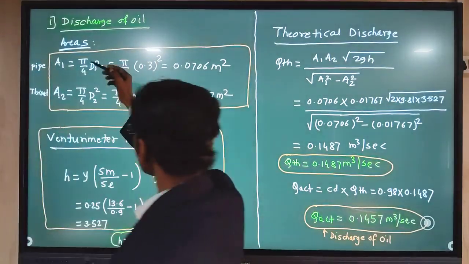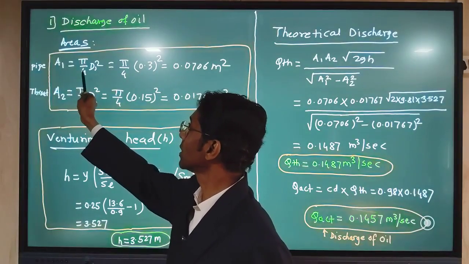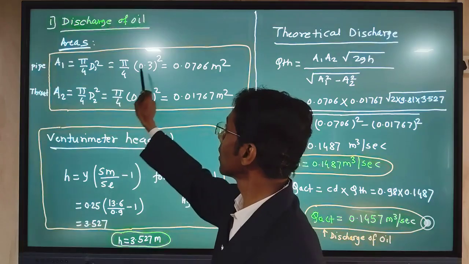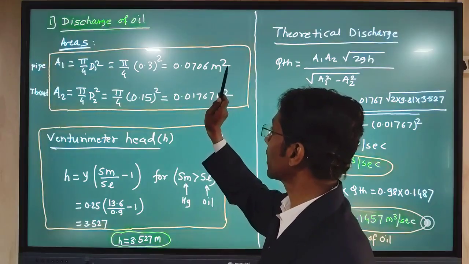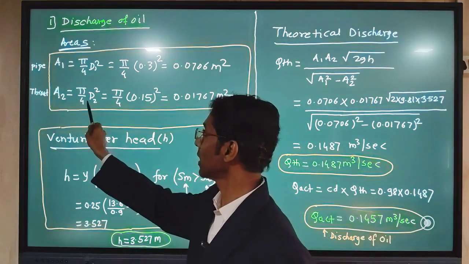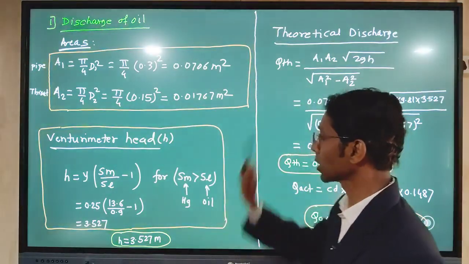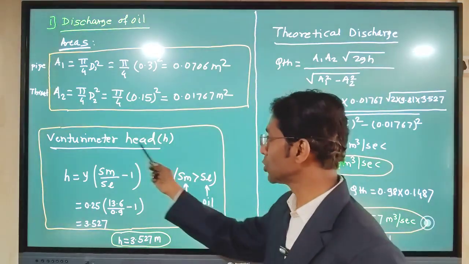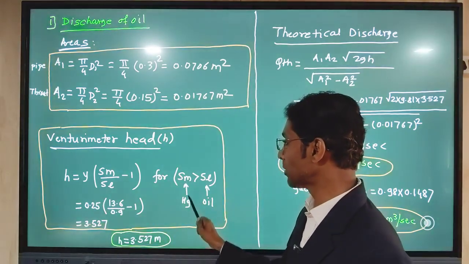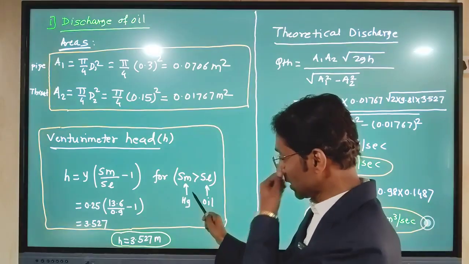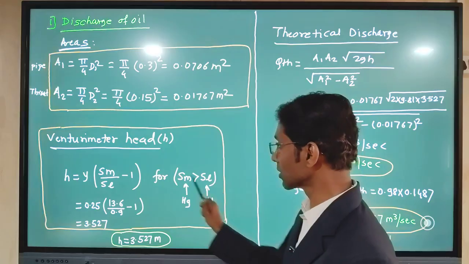Now, first of all we will find the areas of the pipe and throat. The pipe area is calculated with the help of the formula A1 equals pi by 4 D1 square. The diameter is 0.3, squared. Doing the calculation we find the area in meter square. Similarly, for the throat area, by putting the value of diameter D2 in the formula we find the value in meter square. Then we calculate the Venturimeter head H. For that, as per the discussion, for the manometric fluid, which is mercury, as it is heavier than the oil passing through the pipeline, we use the formula